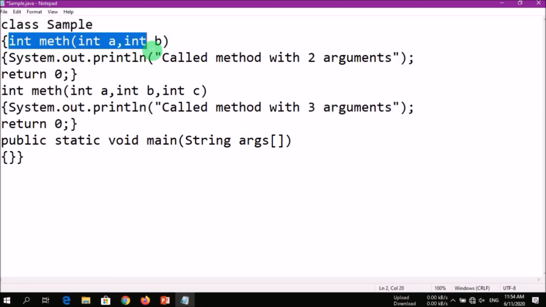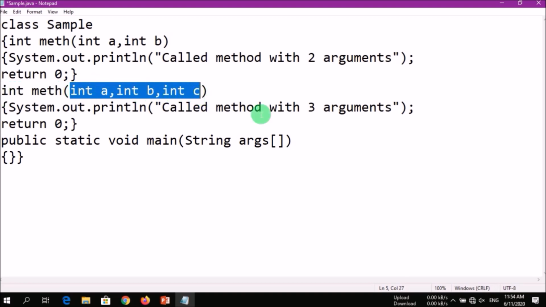Now we need to call these methods, but the names of both methods are the same. The only difference between them is the number of arguments accepted by them. Depending upon the number of arguments, there will be method overloading. So let's call them.